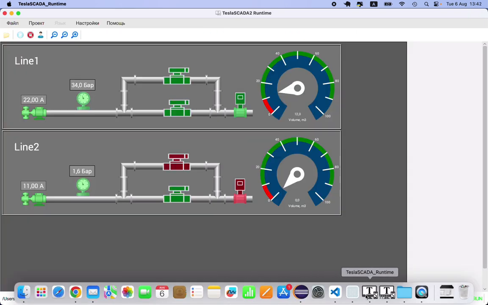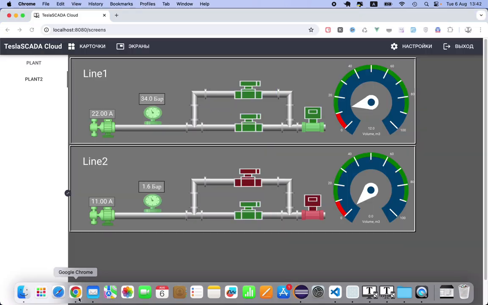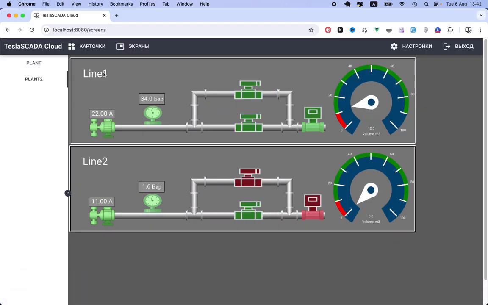And now let's run this project on TeslaCloud to runtime. Both projects we use for these purposes, plant 1 and plant 2, and open it on our screen. We use a local server for these purposes, and we're going to provide these possibilities for all, not only TeslaCloud. So we can provide the possibility to deploy a local TeslaCloud in your projects. And you can see we show both plants,